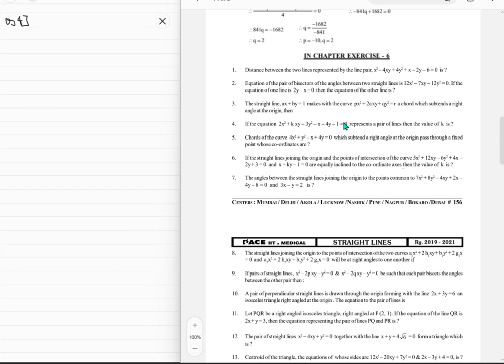If this equation represents a pair of lines, then the value of k is... Alright, so this is that classic kind of question where they ask a condition for the coefficient such that this would be a pair of straight lines. So the thing is, you can write this as a quadratic in x